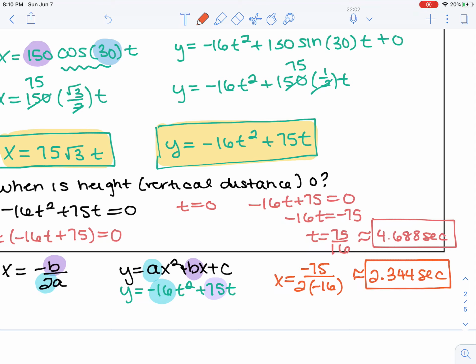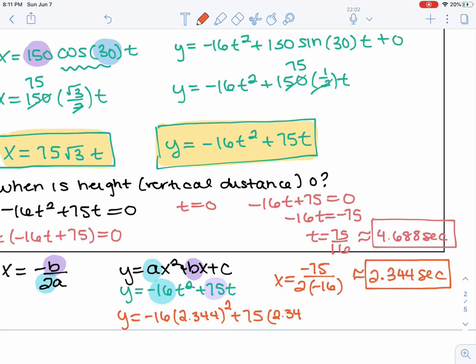And notice that's only half of what question C asked us, right? We're asked when this happened, and we're also asked what is the maximum height. So to figure out what the maximum height is, we'll plug in that value. We'll evaluate our vertical distance function, the function that is defining the vertical distance or the height of our golf ball. We're going to plug in that 2.344 measure of time to figure out what the maximum height is,